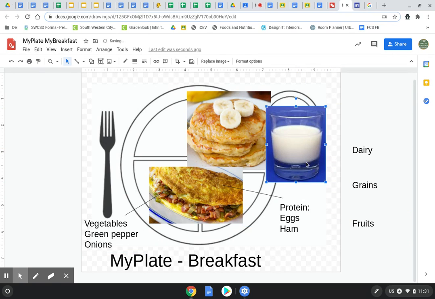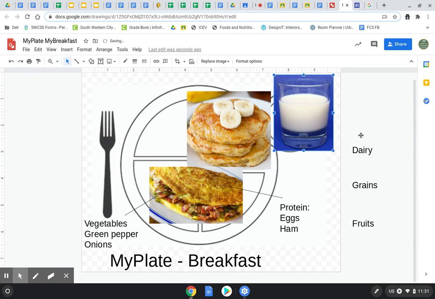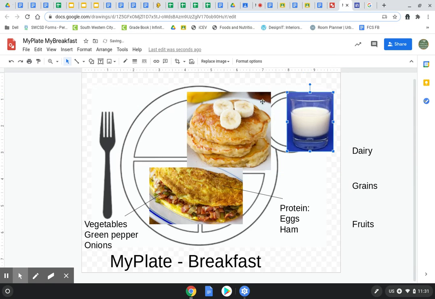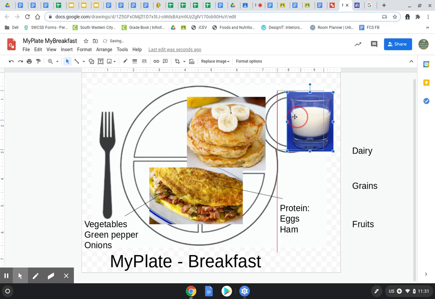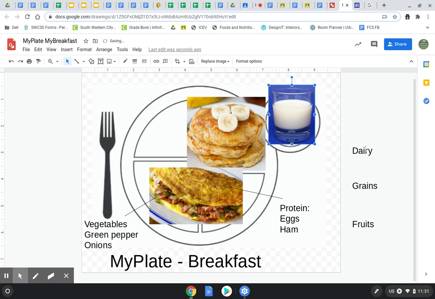You should be finding different food items. All right, and I'm going to make him a little bit smaller. Bring my dairy over.